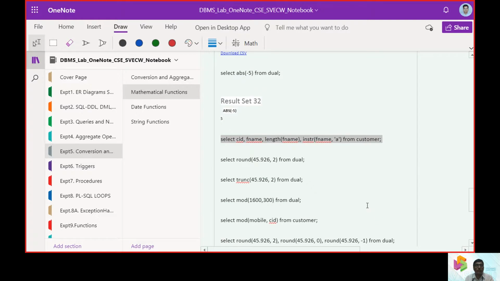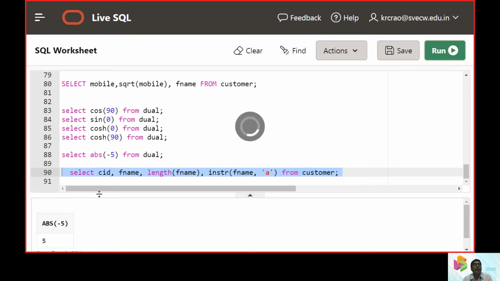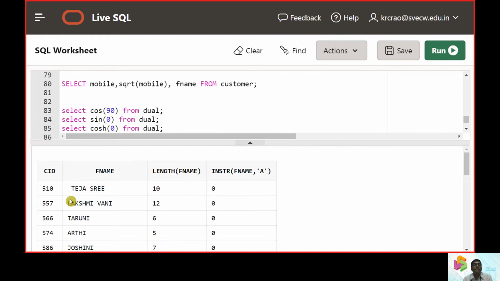So this is somewhat quite interesting, that deals with the string function. Here what we can understand was, we will be looking at the length of the first names, and then we will be checking whether the first name contains A or not. So hit this query and understand what answer it is going to bring up.